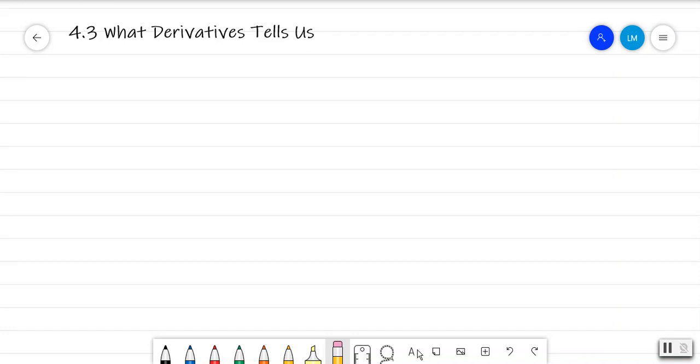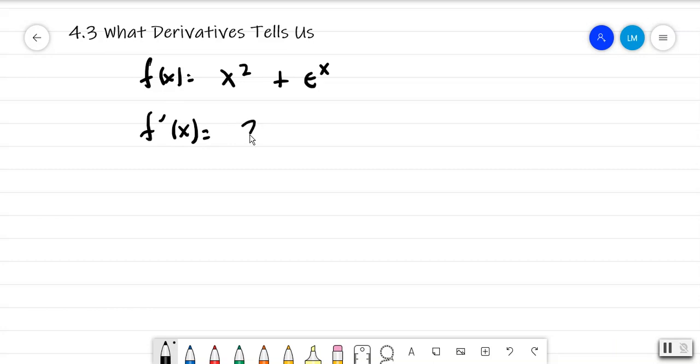Derivatives tell us... So you've learned in the first derivative test that if you have a function like x squared plus e to the x, and you take the derivative, you get 2x plus e to the x. Unfortunately, for something like this, it would be very tough to figure out when this is equal to 0. But in either case,